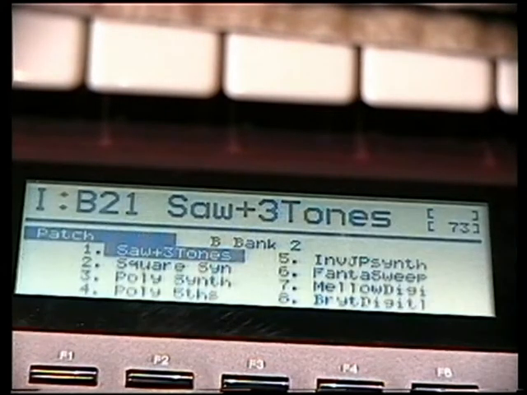Here I'd like to demonstrate some of the different sounds that you can create when you get into the tone level and start to make adjustments in the original sampled waveforms. So here's a sound that has multiple sawtooth waveforms. It has this one. When you put it all together,